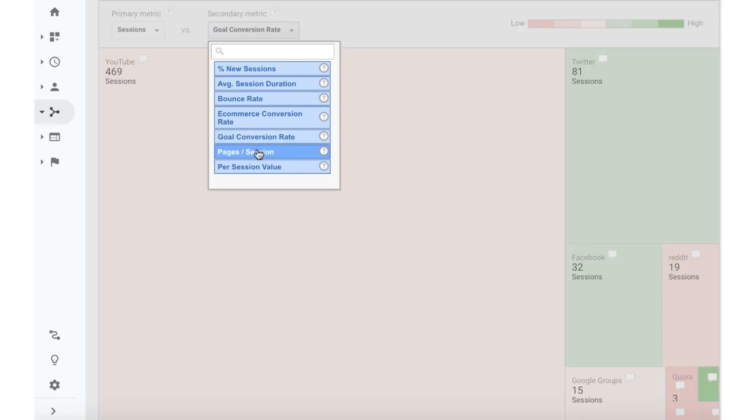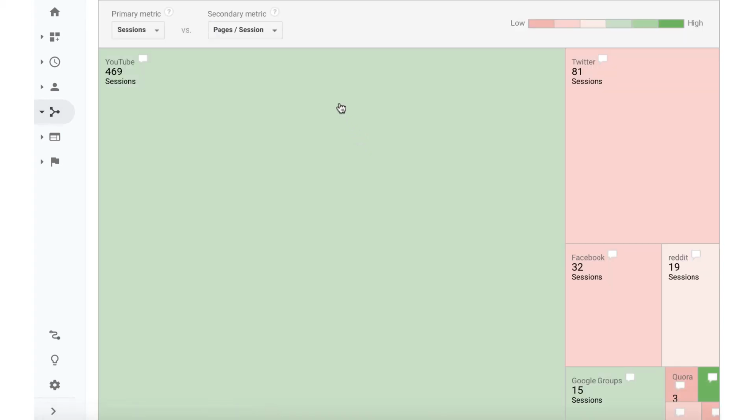So if I click on this here, for example, then I see that YouTube is bringing me the most sessions, and also they have a high pages per session. If someone comes from YouTube, it's likely that they will look at more pages on my website. But if someone is coming from Twitter, then they are not having high pages per session, in comparison